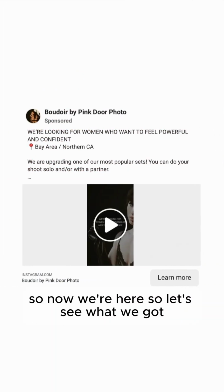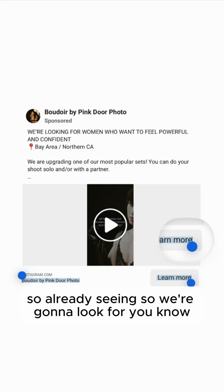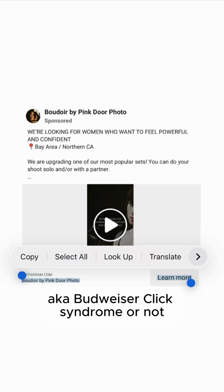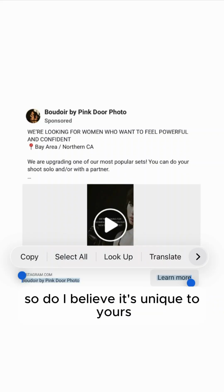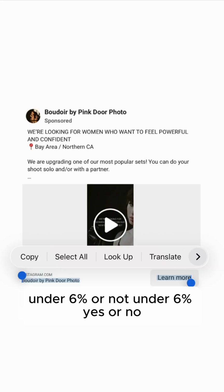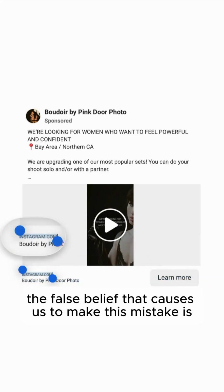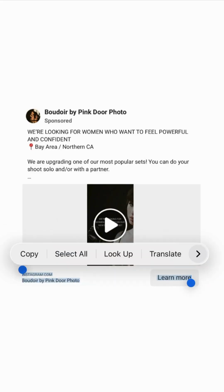So now we're here. So let's see what we got. We're going to look for, diagnose, yes or no, does it have BLCS, aka Boudoir low click syndrome, or not? So do I believe its unique CTR is under 6% or not? Under 6%, yes or no? So we got the below creative cluster mistake here. The false belief that caused us to make this mistake is we believe that